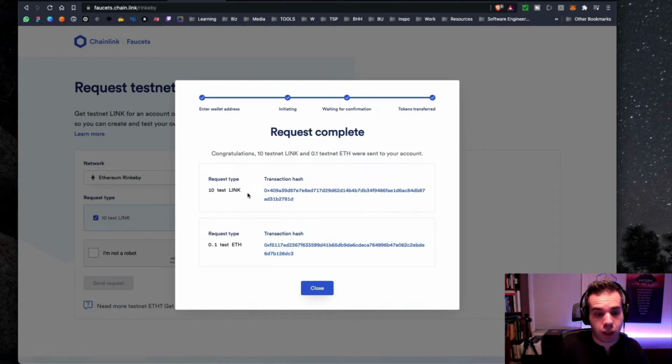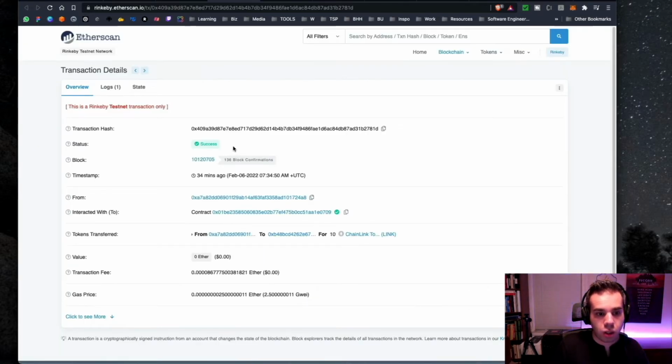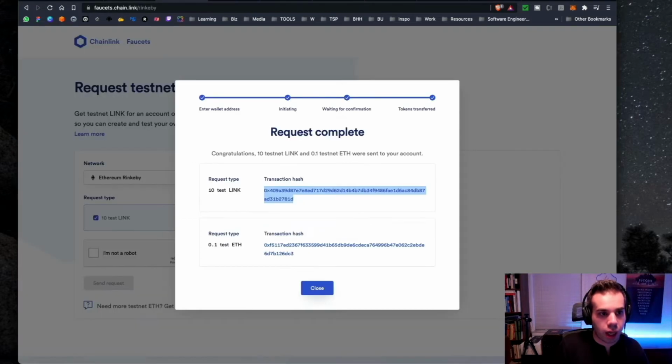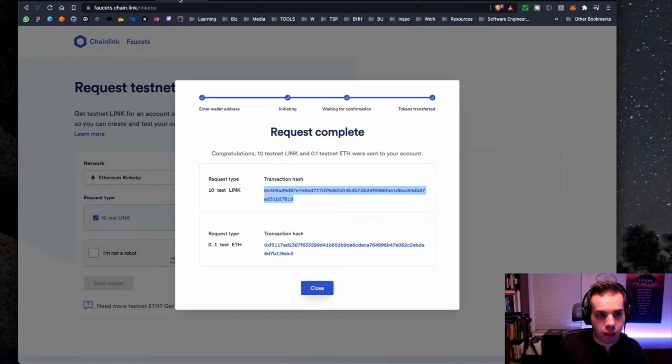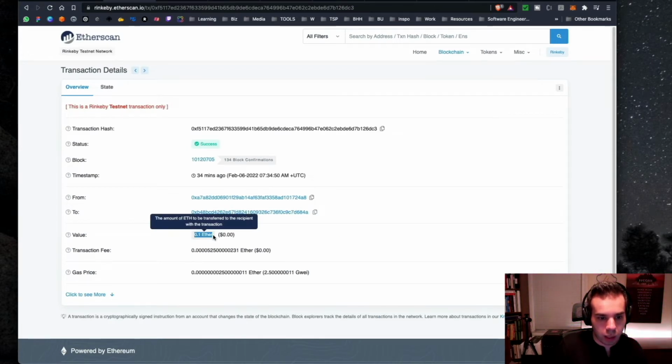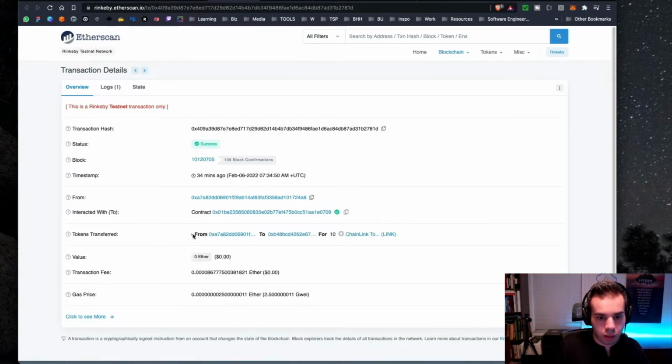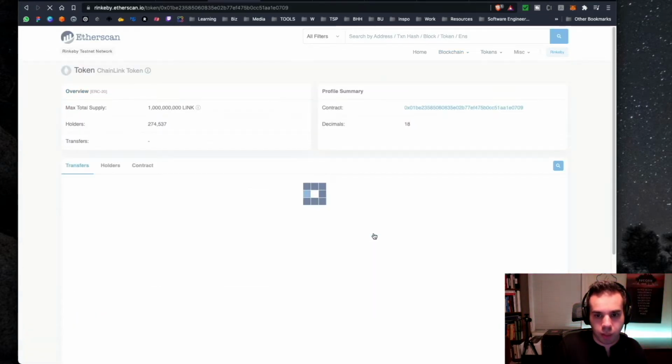This is different actually, because this is a link. So if we wanted to actually check out this transaction hash, yeah. So we're going to have to go to the Rinkeby with this specific address, and then that's how that comes up. So I'm able to see that this is a token that's non-Ethereum, but there is some sort of value that's associated with it. And also with this is that 0.1 ETH that we were talking about before. So that's how you're able to then see this, and you see this also here with 0.1 ETH right here, right? And this is Chainlink tokens. So that's where those are coming from.